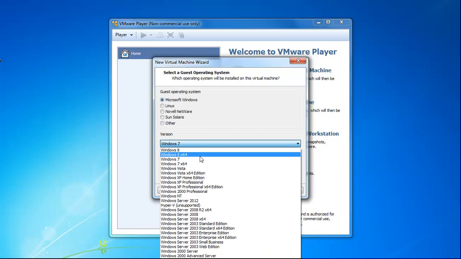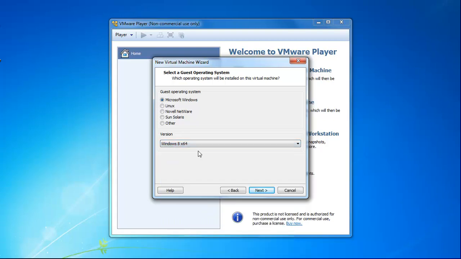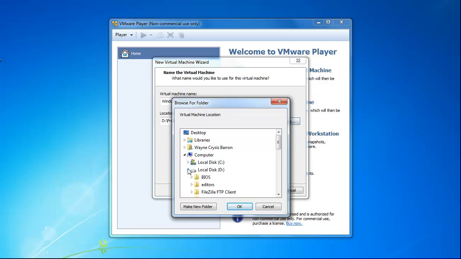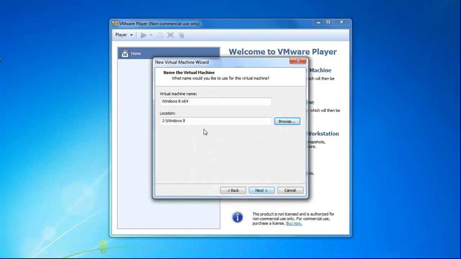We want to do Windows 8 64. You get a choice, 32 or 64, so I'm choosing 64. Click on next, and then it says browse to the location that I want it to be at. Like I said, I've got a place for it, which is right here, inside of that folder, Windows 8. And then we're going to click on